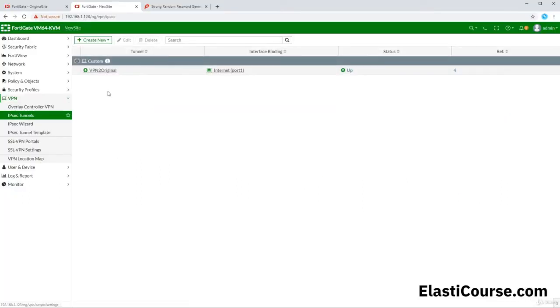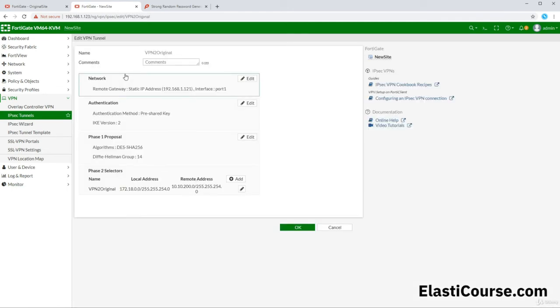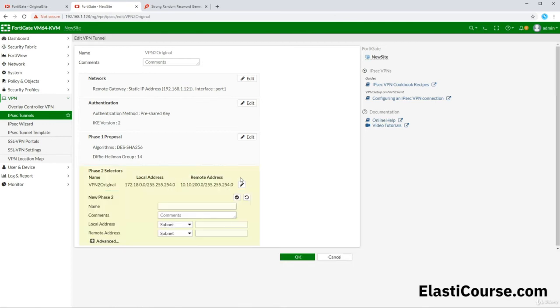Let's go back to VPN, double click on the VPN tunnel, it's currently up. What we can do is we can create multiple phase 2 selectors under the same tunnel. So now we are only connecting our analytics subnet to our marketing subnet on the original site. We can add a new one as well. On the local address, we are still on the new site, so we will be using the same network 172.18.0.0/23. And on the other side, we can use